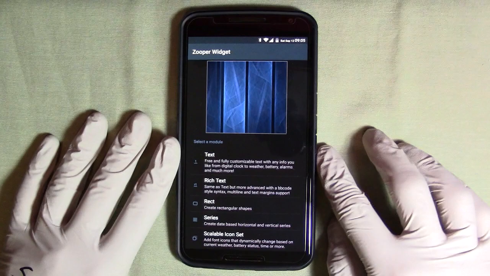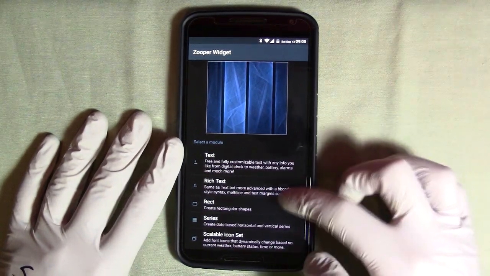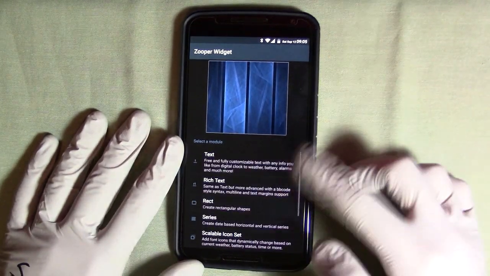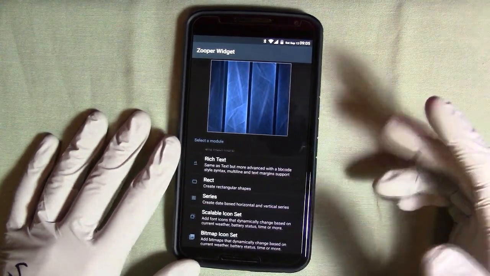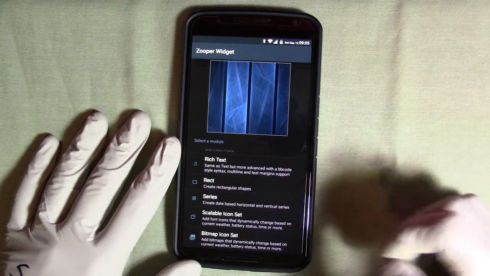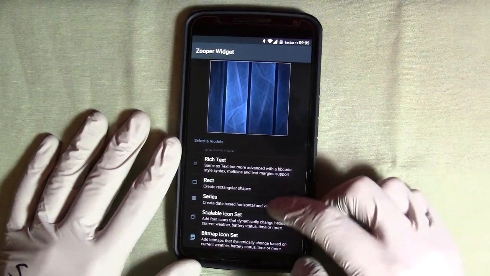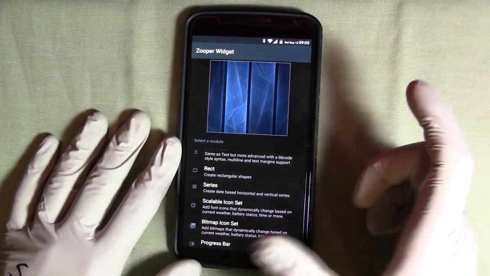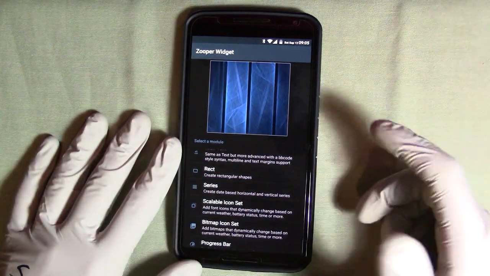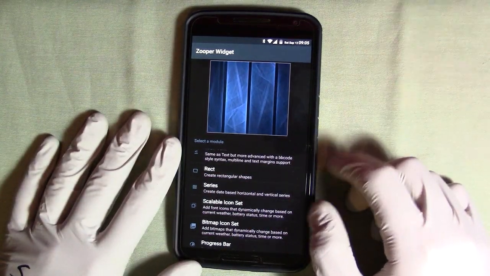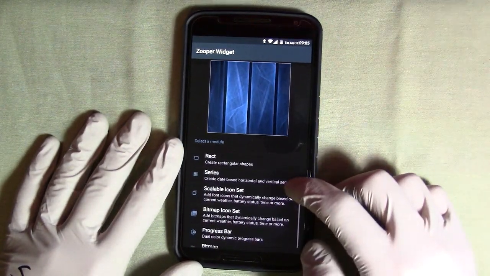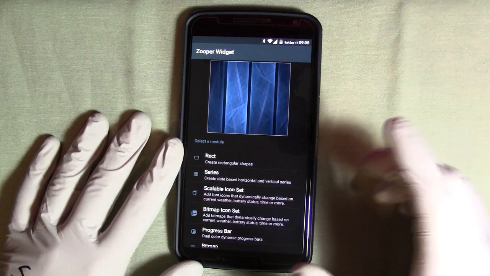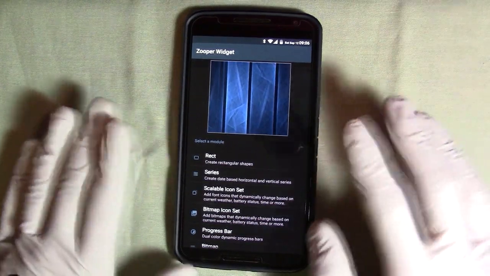Pretty obvious. And then we're going to have text and rich text, and I'll go over the differences of that. We're going to have rectangle, which is not only rectangles, because you can make circles too, and we'll see more of that once we get there. Series, these are kind of like scrolling words and numbers. I guess like a list that kind of scrolls. You'll see what I mean by that. It's a pretty nice effect, and it allows a lot of customization,